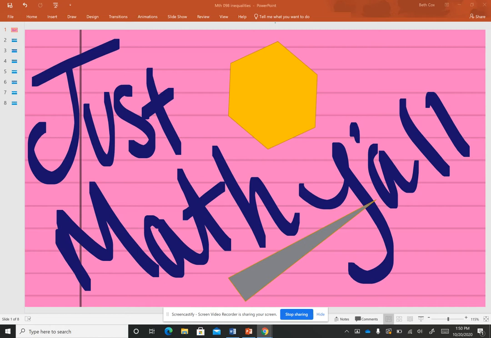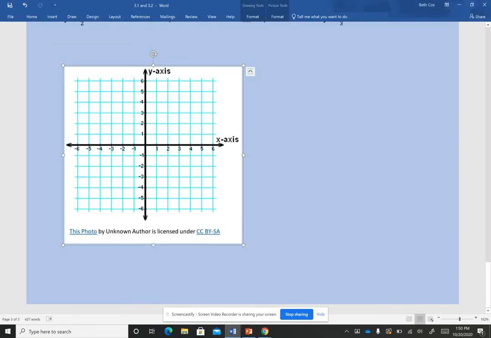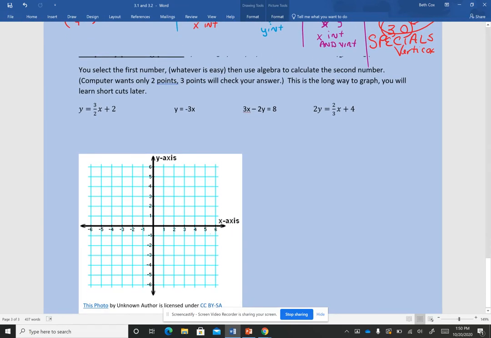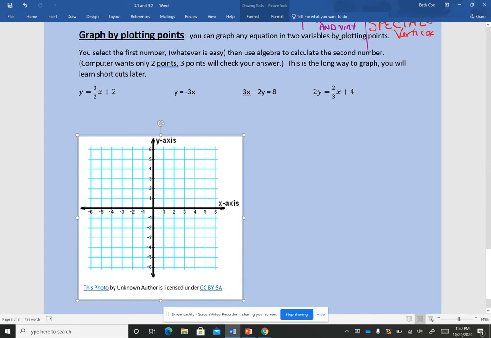We're going to continue with our graphing. We're going to look at plotting points to graph lines. Now, this is a foundational understanding, and we will learn shortcuts later. But to start with, we just need to make sure we understand plotting points by graphing. Okay, so you can graph any equation in two variables by plotting points, any of them,